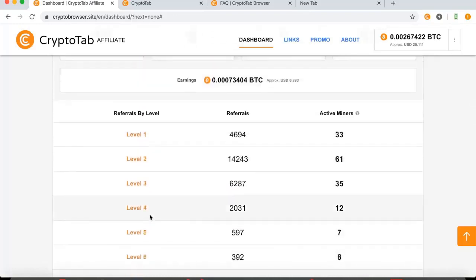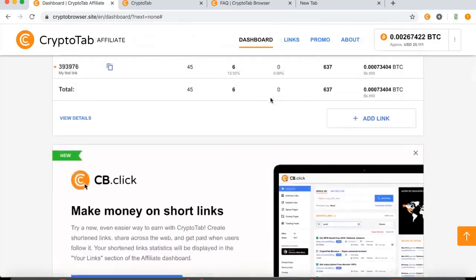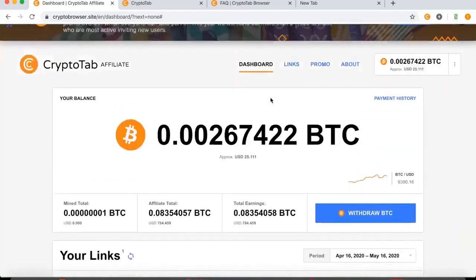So that means up to 10 different people can be referred by you referring just one person, and you get a portion of their earnings for all those 10 people. It's really nice because it's more like a hierarchy of referrals rather than just a straight one-to-one referral. So you can get a lot of referrals just by getting someone that shares it with other people, and then they share it with their friends, and it just keeps on branching out until you have a whole bunch of people that you have technically referred under these 10 levels, and you can get a good amount of money just